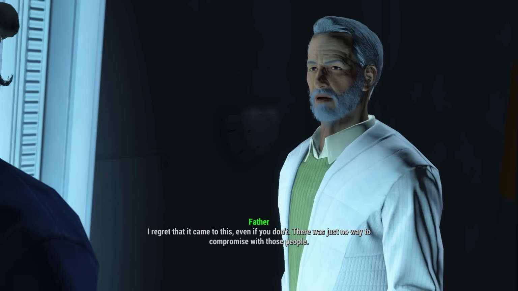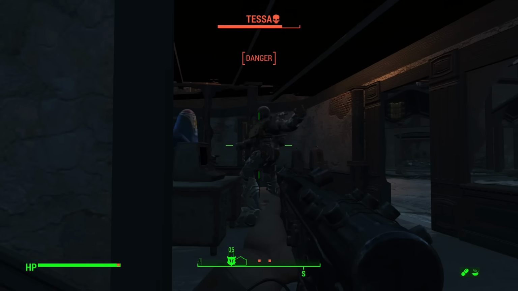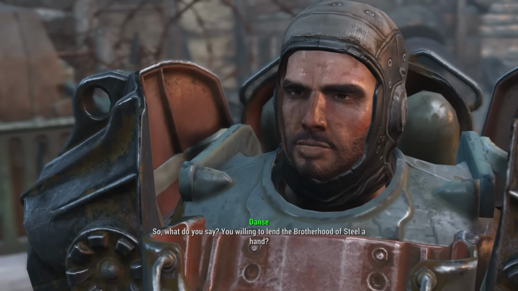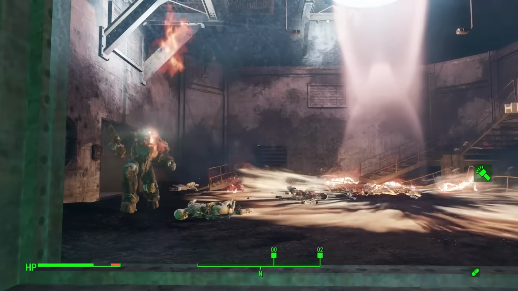There was just no way to compromise with those people. But I'm getting ahead of myself, and maybe even spoiling what direction this playthrough is headed in. The next faction we met up with is the Brotherhood of Steel. After doing a quick mission and letting Paladin Dance cook...